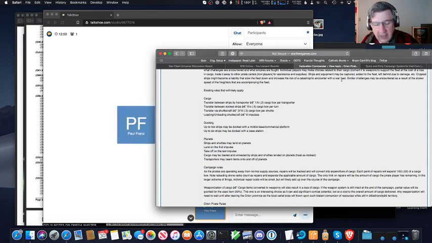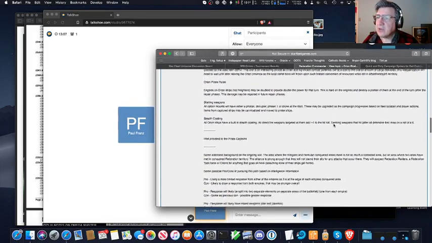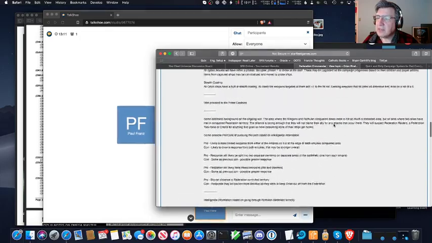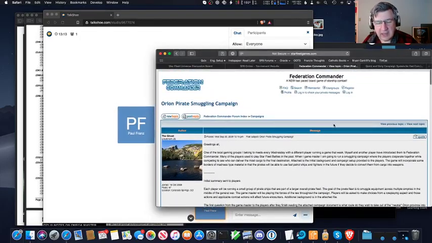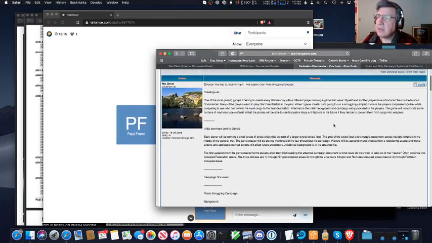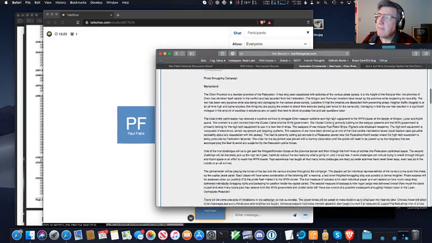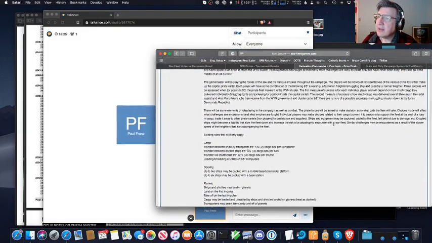I think I like it because of one thing I like about an Orion smuggling campaign. I'm assuming there are different kinds of scenarios in this one. I didn't have a chance to read through this whole thing. Every player has a small pirate ship. The whole idea here looks like